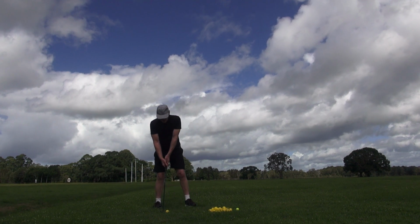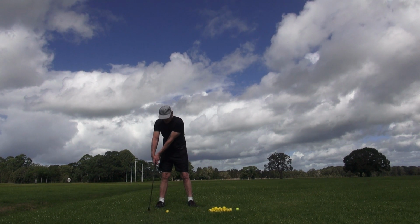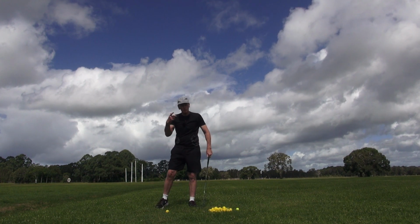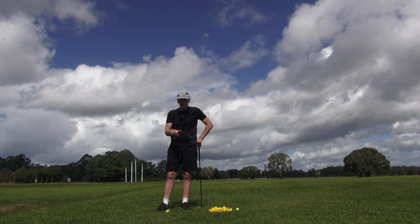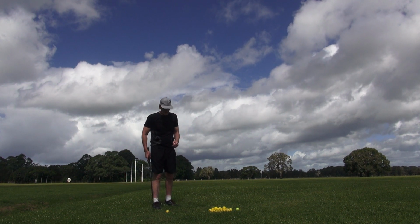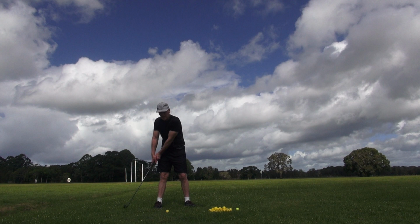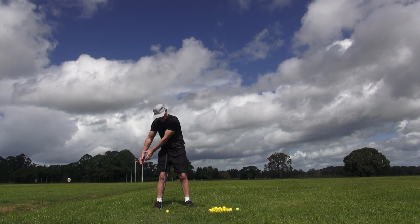But if that same player took it back with a lagging late load here, the club is still wanting to load here, he will automatically get a download and be able to hold that download in the downswing. Now the good thing about it, in combining it in channel lock, is that it's fantastic for getting in the channel. If you move your hands like that, in that direction there,